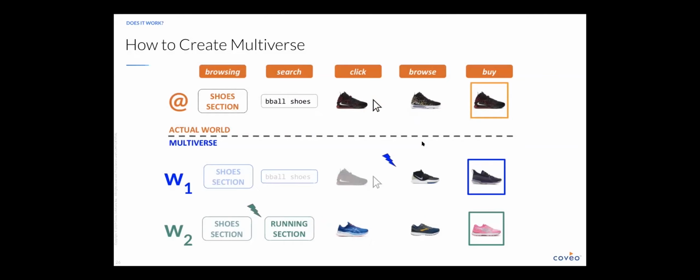So how to create a multiverse? Again, we have the actual world, which is what actually happened in reality. And you have the user that actually was browsing on the shoe section, was searching for basketball shoes, was clicking on basketball shoes, and then is buying them. And then we have the multiverse, which is two alternative timelines that are created with our